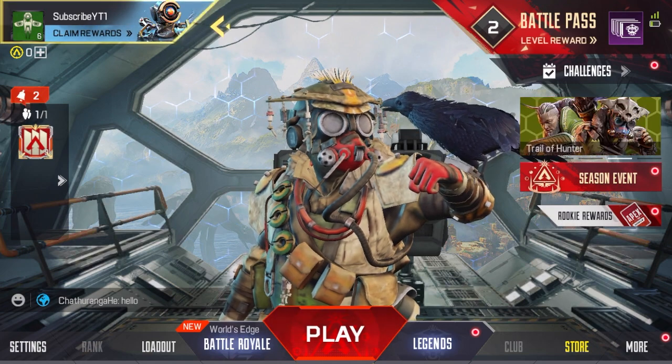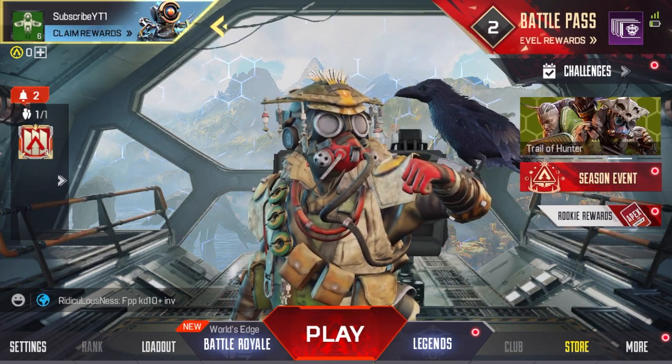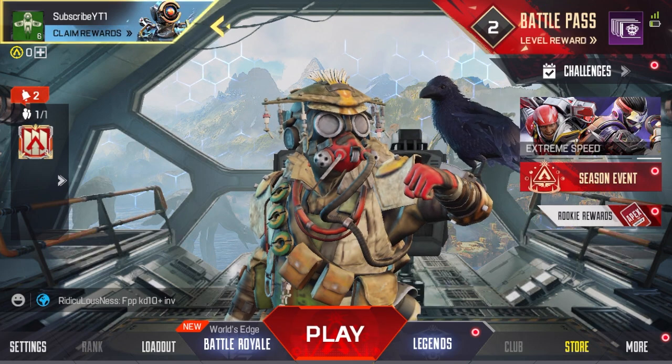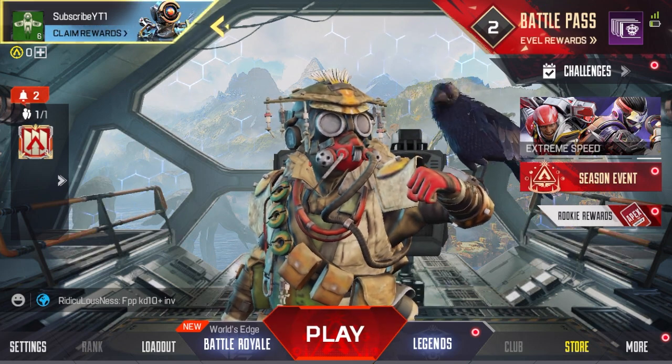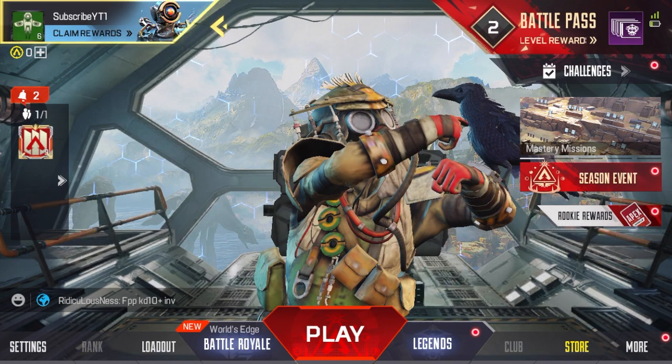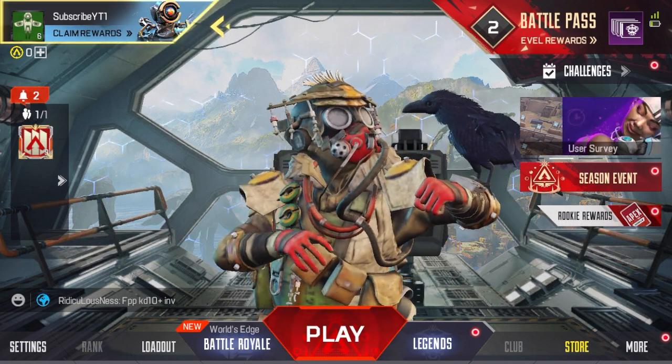How to buy Syndicate Gold in Apex Legends Mobile. So Syndicate Gold is the form of currency to purchase items in the Apex Legends store. So to get those, you want to go to the bottom right hand corner where it says store, click on